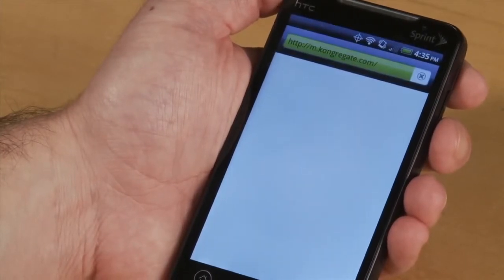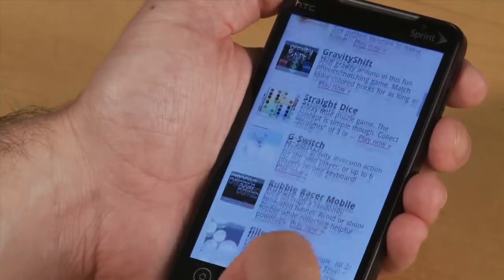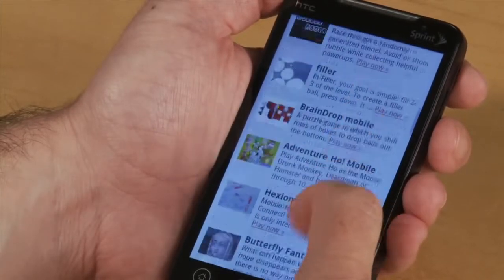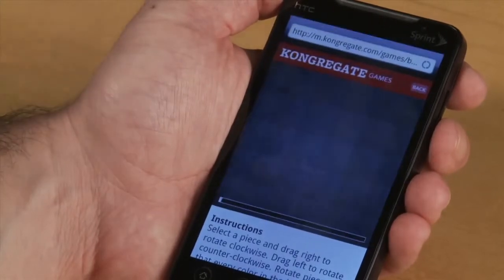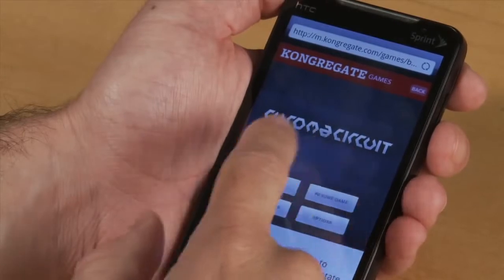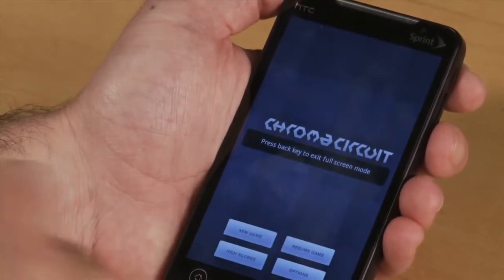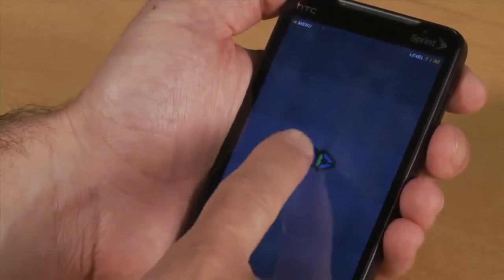these featured sites. Games is a big thing that people like to use Flash for. Almost 70% of games on the web are done in Flash. And Kongregate has created mobile optimized versions of a lot of their games that I can access with Flash Player 10.1 on the Evo. So let me go ahead and do one of my favorite ones, which is Chroma Circuit. And so I can click this to go into full screen mode, so I get the complete experience, not necessarily